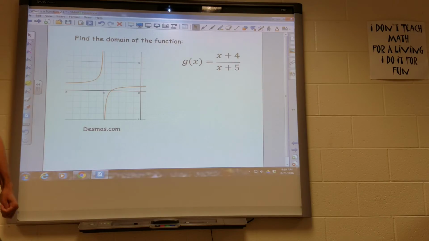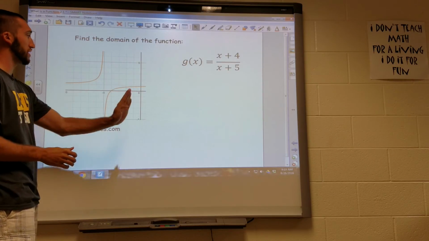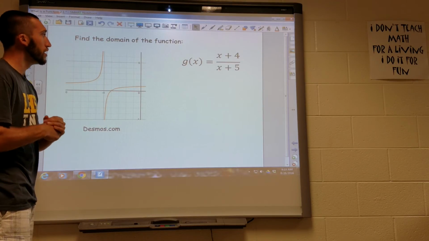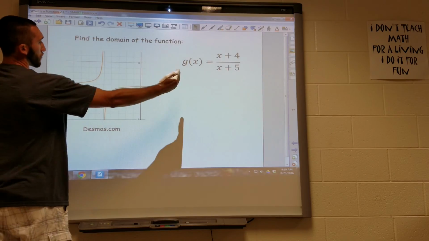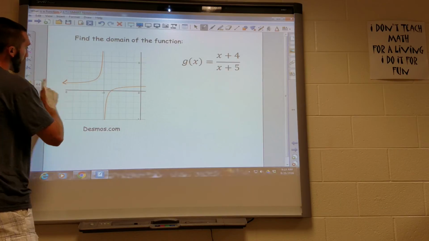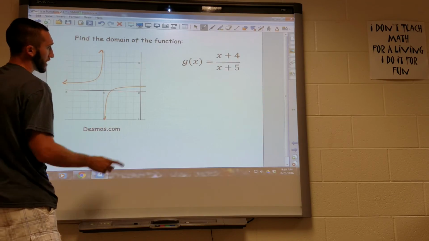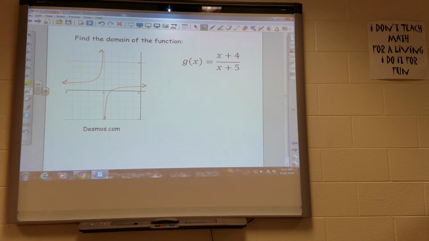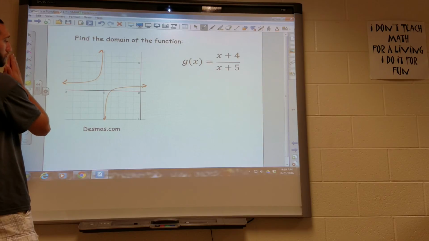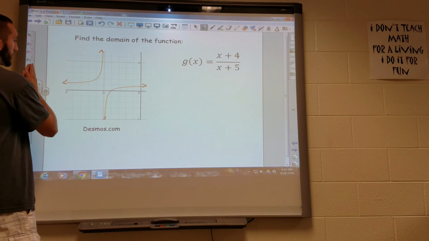Let's do one more example. Find the domain of this function. So here they're just asking for the domain, just the x values of this function. So as I go from left to right, my x values, right? This line goes on forever this way, this line goes up, this line goes down, and this line goes on forever that way. So as I go from -infinity, right, really big negative numbers, as I go towards positive numbers, right,